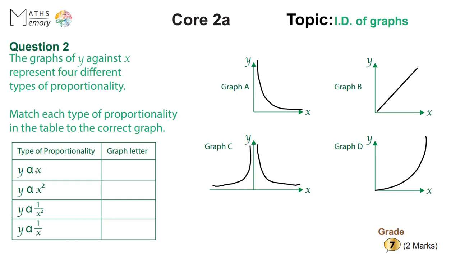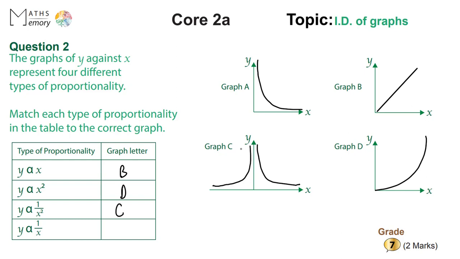So y is proportional to x. So this first one would be this one, B. Okay, it's like y equals x. If you ever get stuck, replace this proportion sign with equals. It will look like its original graph. Next one, y is proportional to x squared. This one is going to be D over here. Next one, y is proportional to 1 over x squared. This one will be